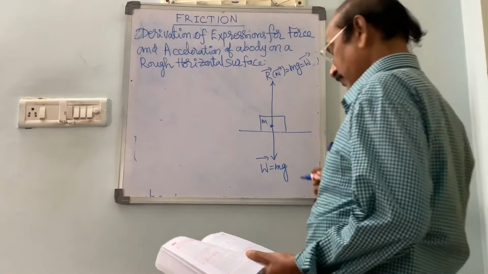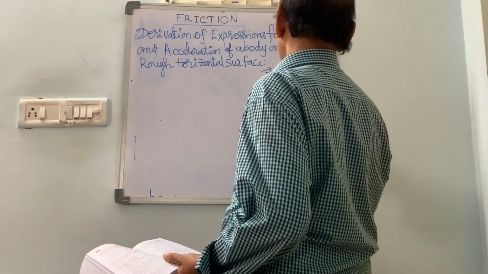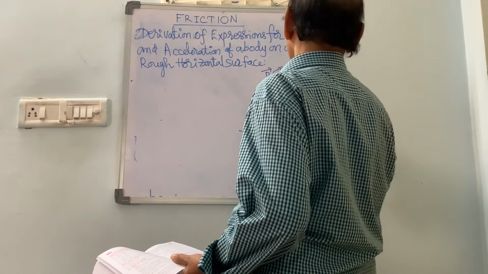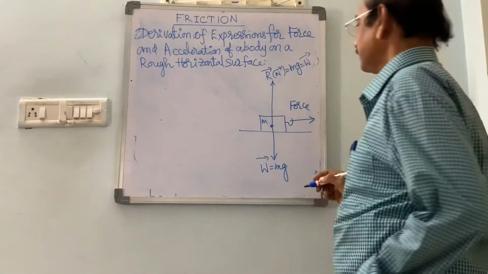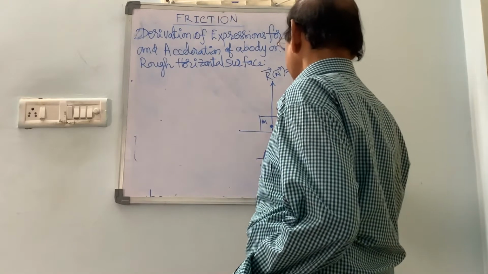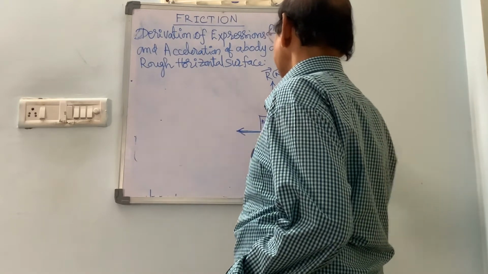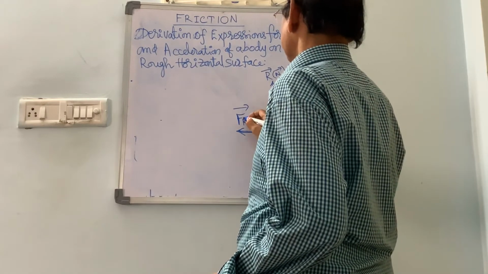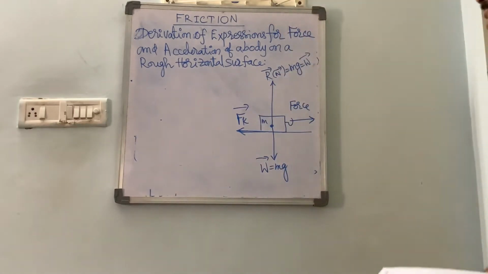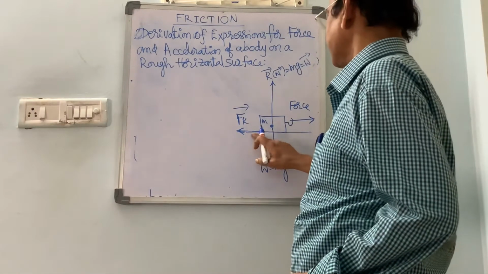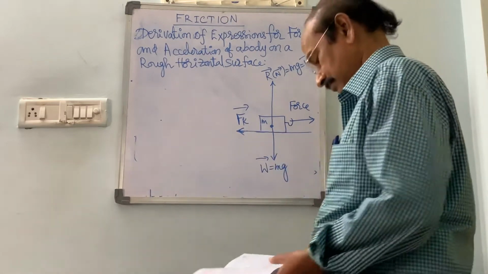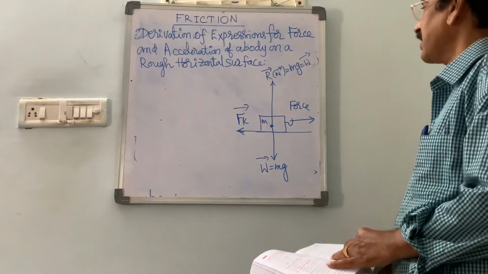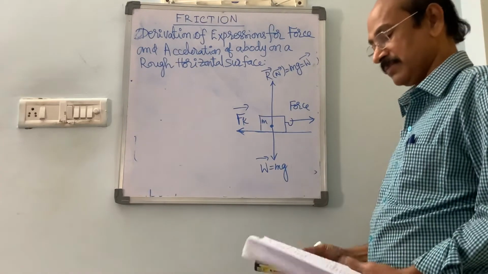Now, when a force is applied towards the right, friction acts towards the left, the force of friction, along the line of contact. Now the normal reaction R bar is balanced by the weight of the body, mg. Therefore,